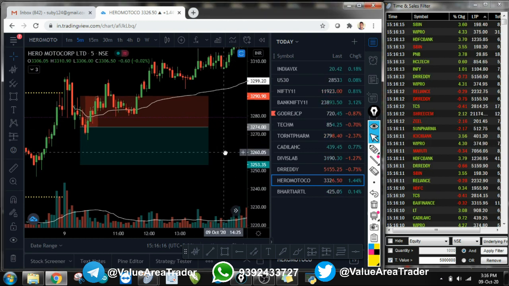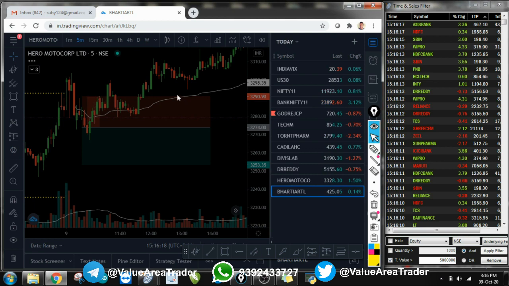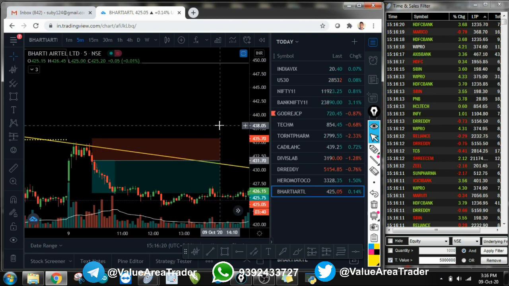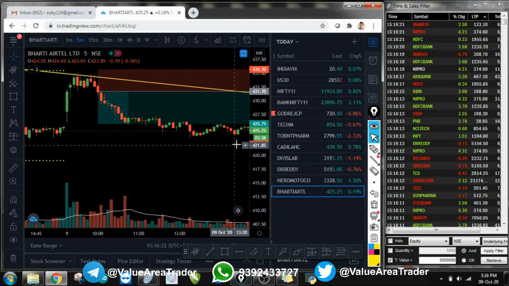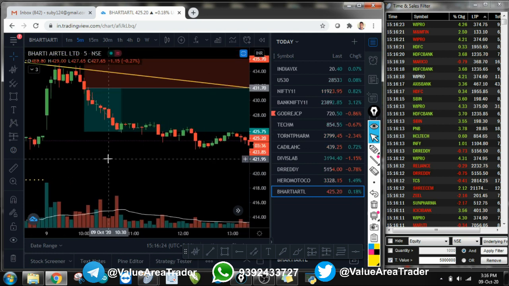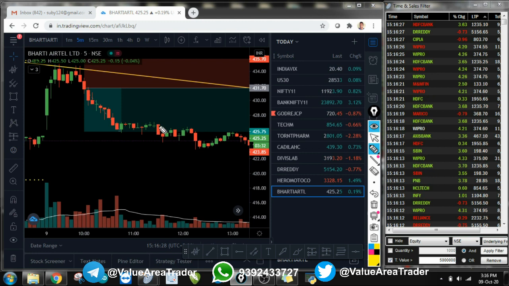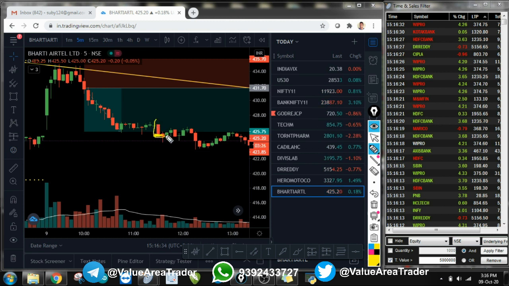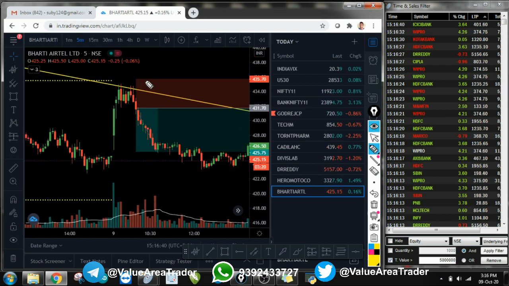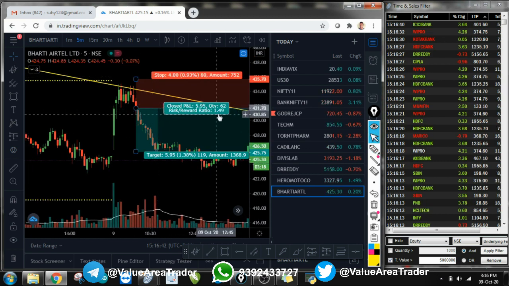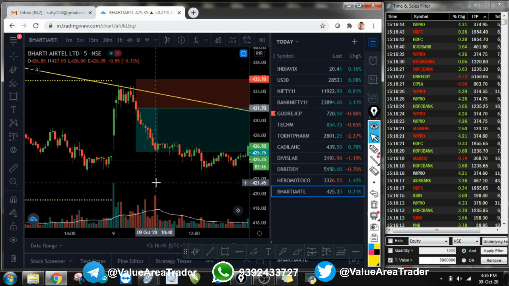Okay. And the third trade that we took was Bharti Airtel. If you remember, Bharti Airtel was an easy trade. If you can see, I got my target somewhere in this candle, but I booked it in this candle. By the time I opened my mobile, I was outside. So it was this candle which took me to the target. So we also hit the target for Bharti Airtel. Risk reward was good, around 1.5 here, as you can see.